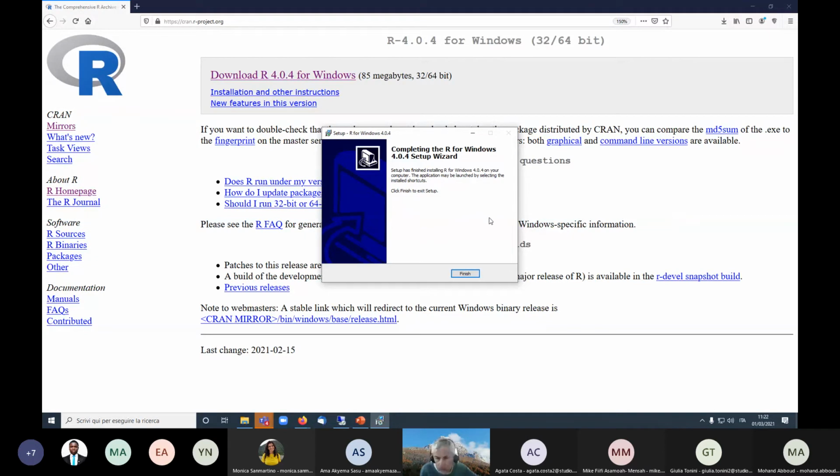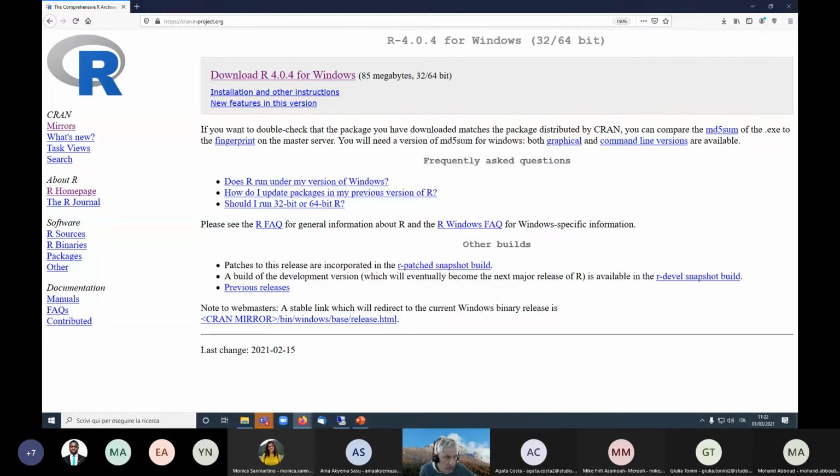Okay, click Finish to exit setup. Finish. Good, I am done. Now, before installing RStudio, let's open R